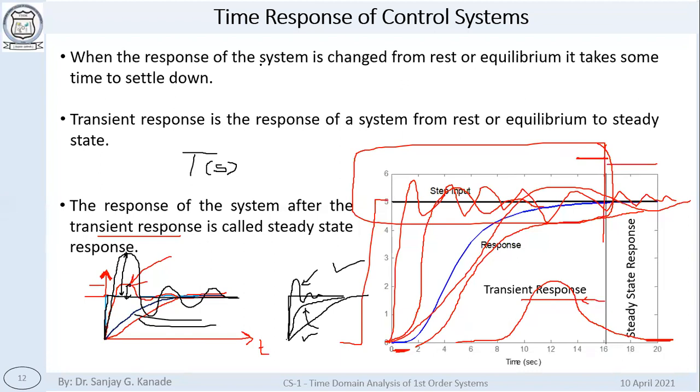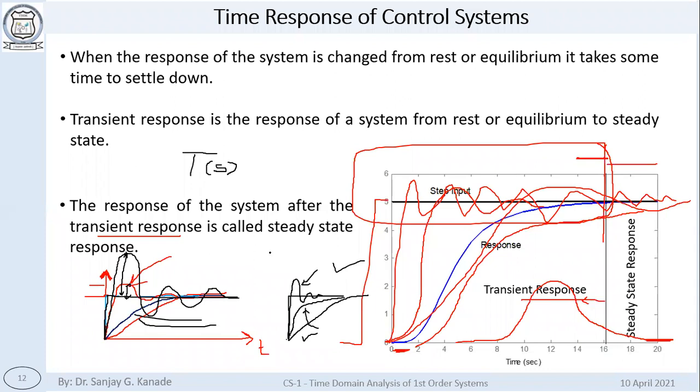Why are we doing this? Based on the time domain analysis, we can find out which system is good for which kind of applications. At the end of the 6th unit, you will be able to find out, based on the requirement of the person, and give them a particular control system. We can design a particular system for them. And this is what the design of control systems means.